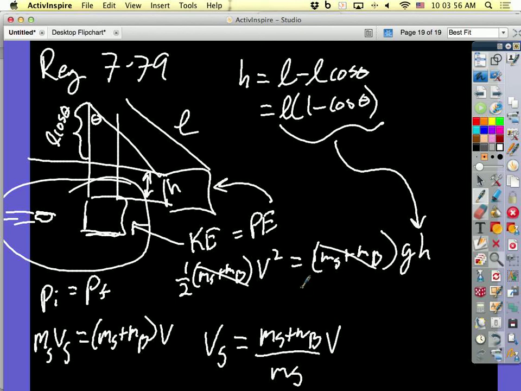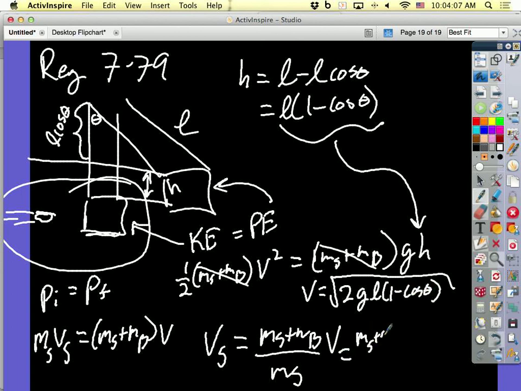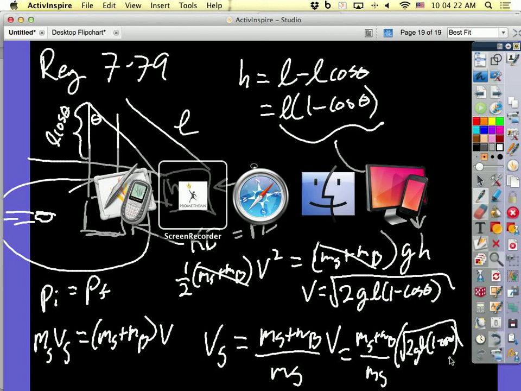From here, we see that v is equal to the square root of 2gl(1 minus cosine theta). And so then I can rewrite this as (ms plus mb) over ms times the square root of 2gl(1 minus cosine theta). And we're done. Ta-da! Now, just like yesterday,